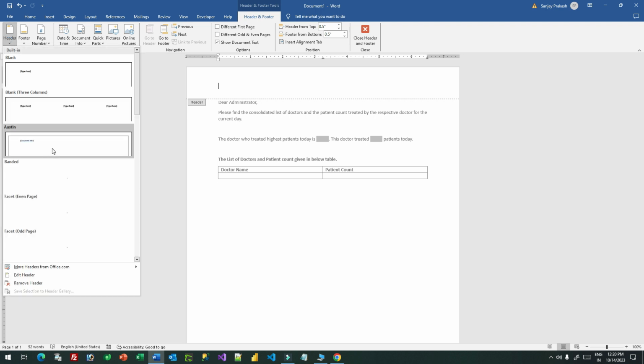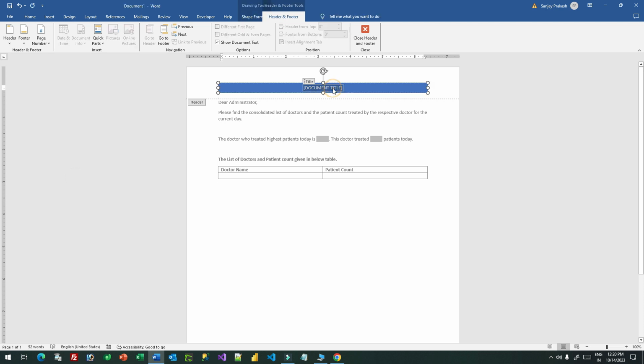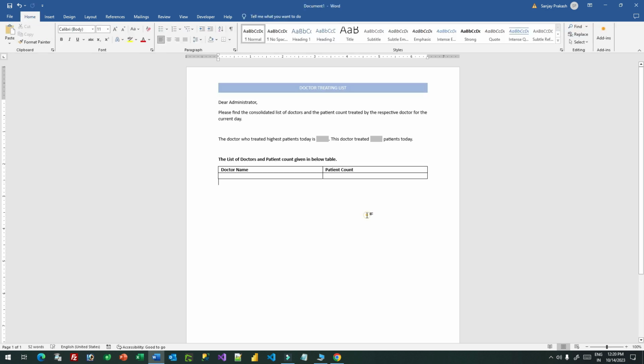Now I can use, let's say, this style. Okay, and I can define the document title as doctor treating list. Okay, so this will be the document name, and here, as because the doctor name and patient count,